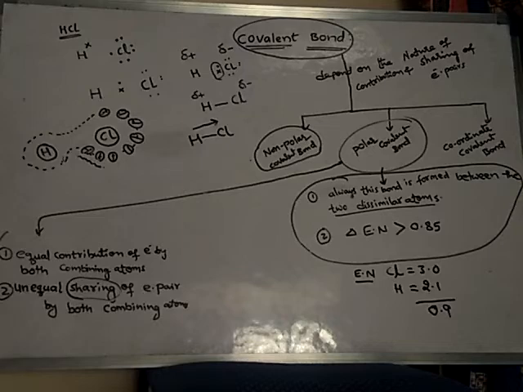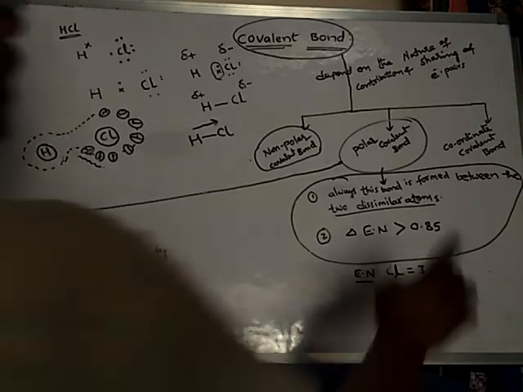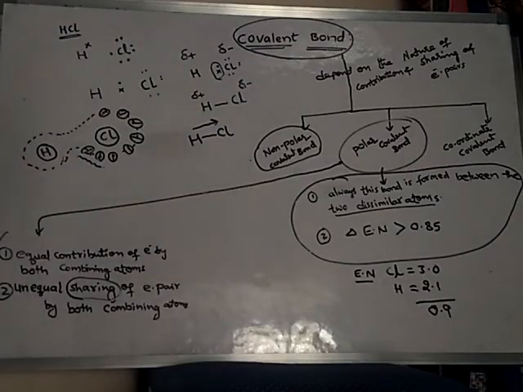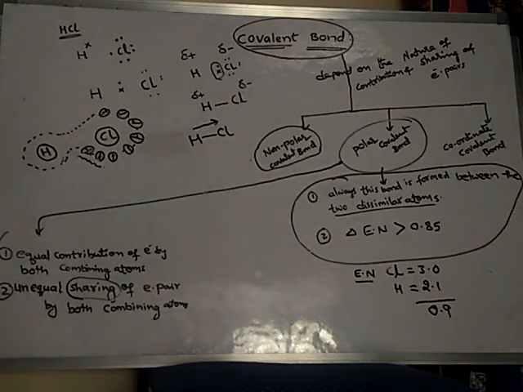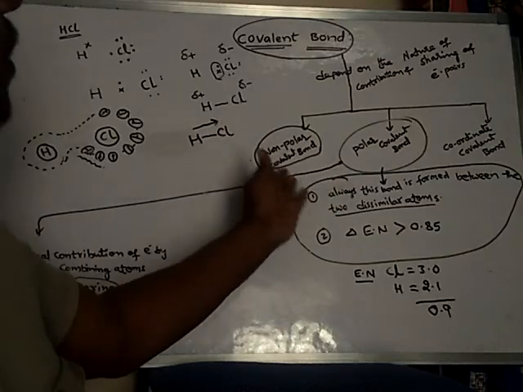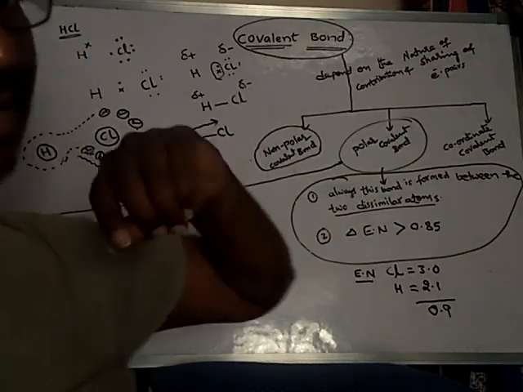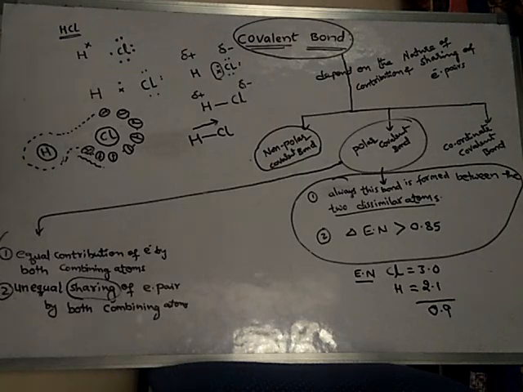Right. We will learn about the coordinate covalent bond in the next class. In the subsequent classes, after learning some more points about non-polar covalent bond and polar covalent bond, and after learning the difference between these two, only then will we learn about coordinate covalent bond. So till then, we'll continue this in the next session. Right, Amma?